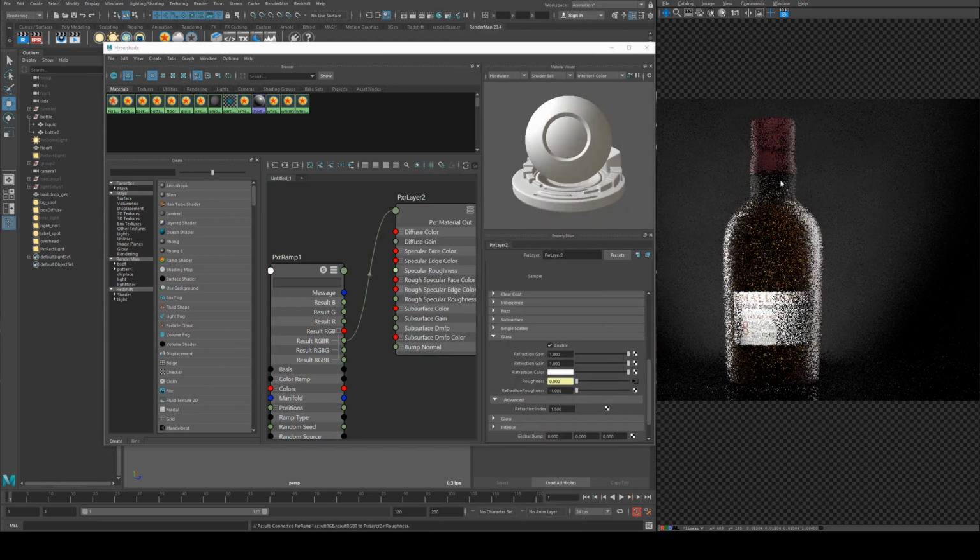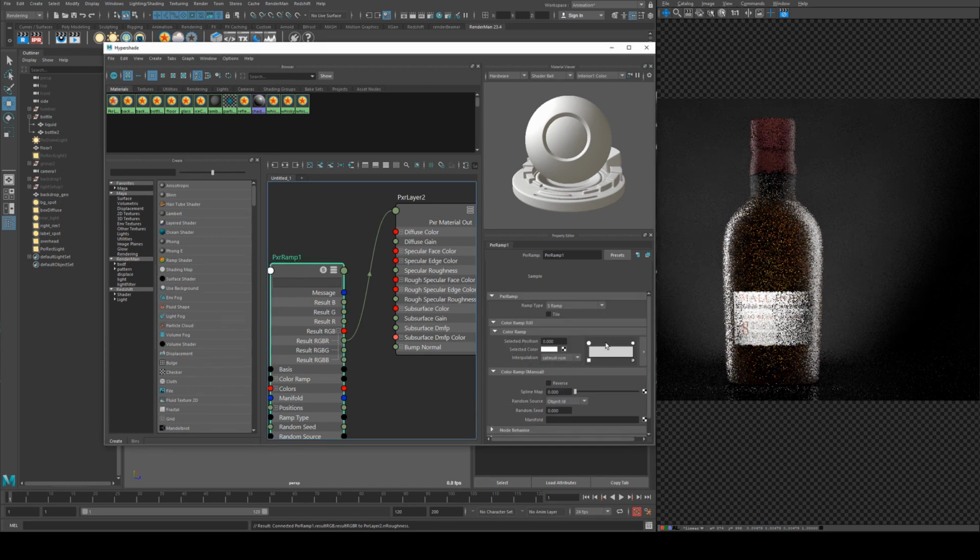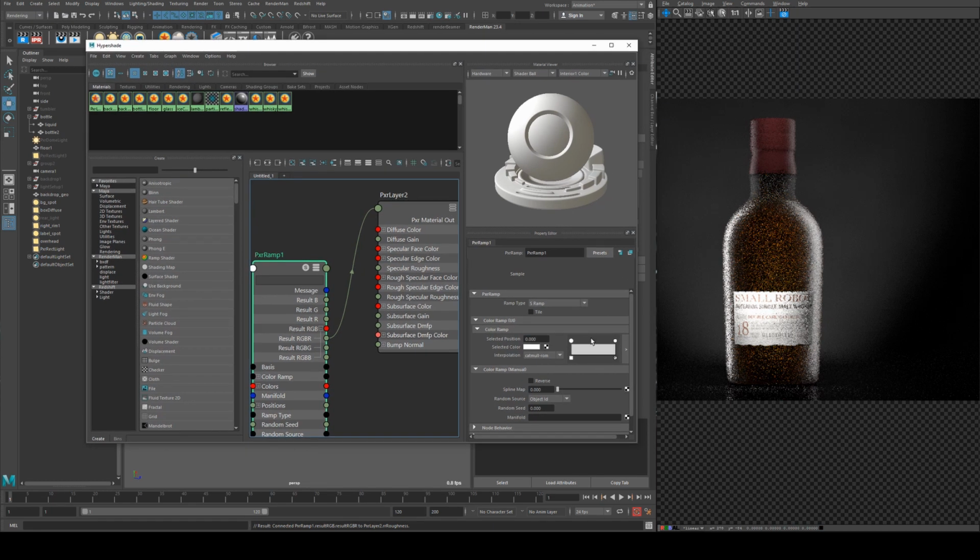Alright, so plugging that in, you can already see the difference it's made because it's got a value of white, which is 1. So everything's rough, but we don't really want everything to be rough. We want it to be rougher up to the water line essentially, or the liquid line, because the bottle should still sort of be transparent or translucent. So we'll add in a